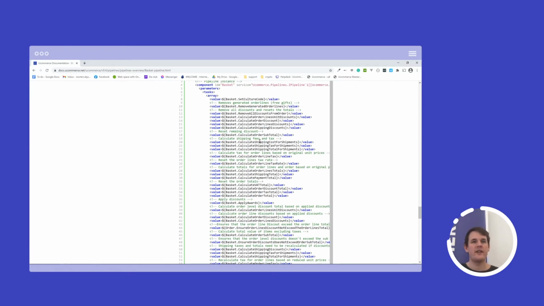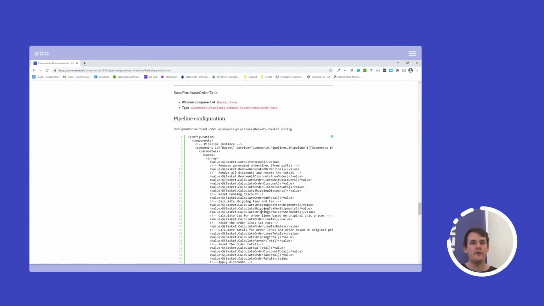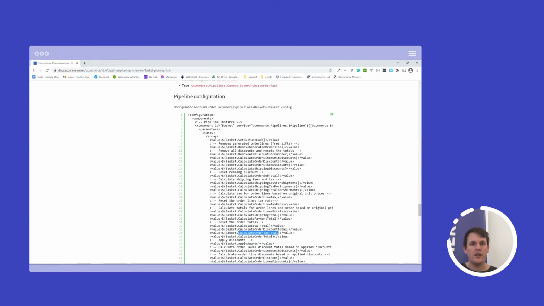So one good example could, for example, be I don't want to have anything with tax in my pipelines because tax is not relevant for my web shop. Then just remove everything that has to do with tax. Remove tax total, remove tax rate task, everything that's related to that.